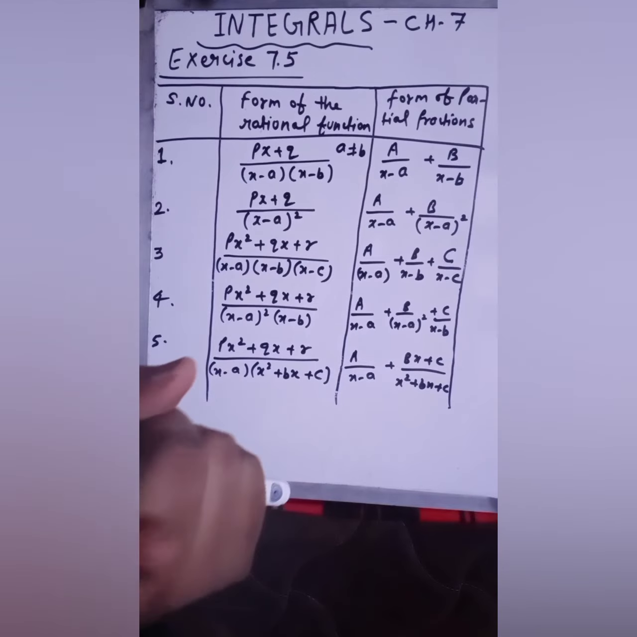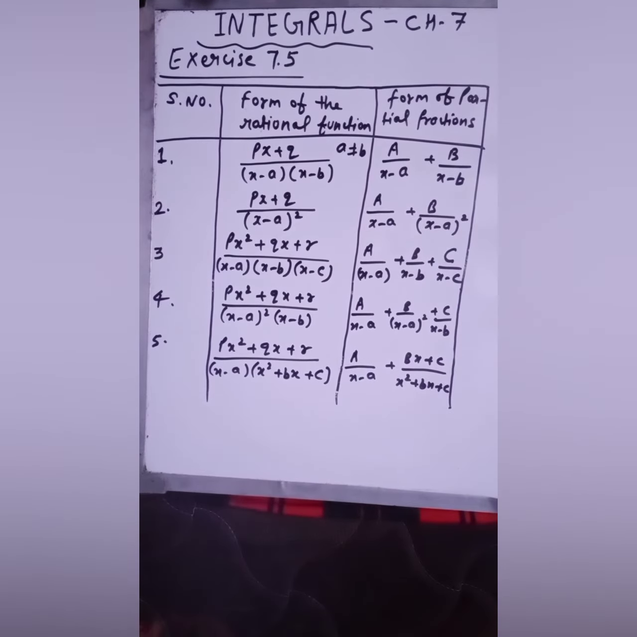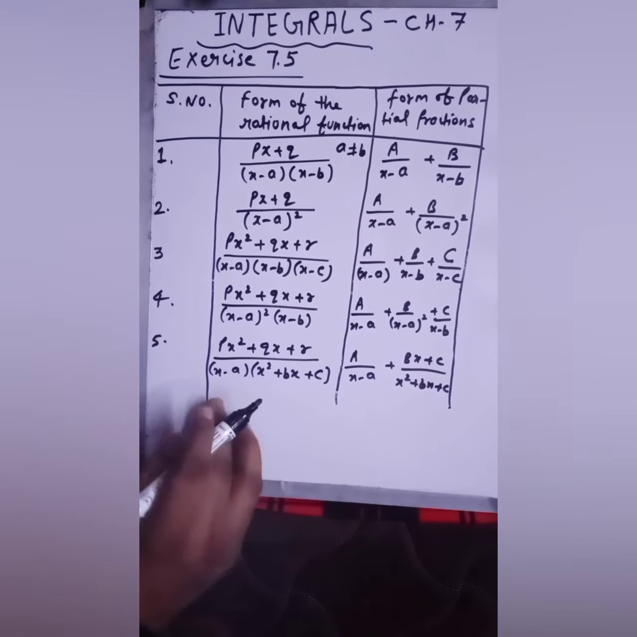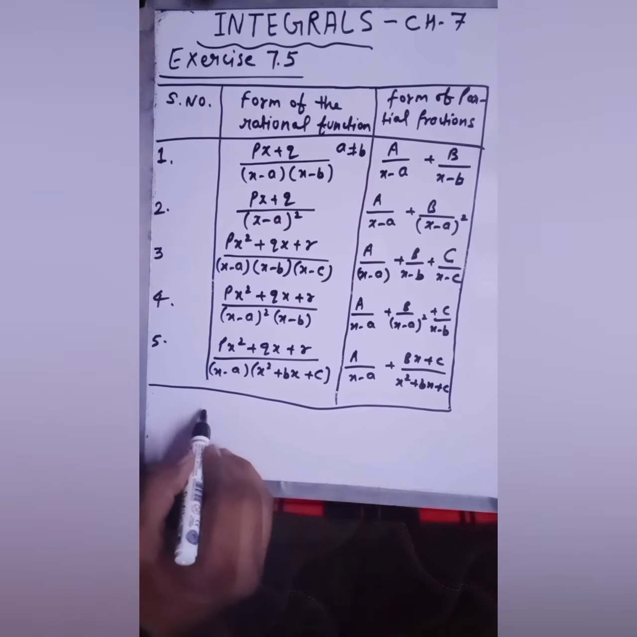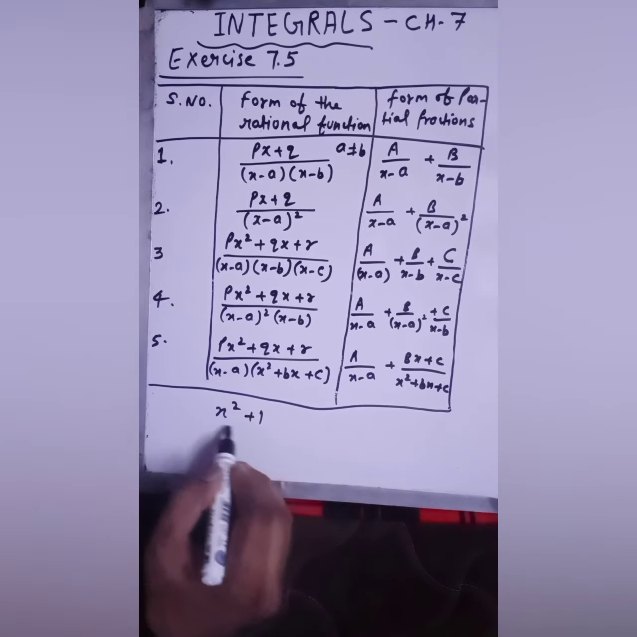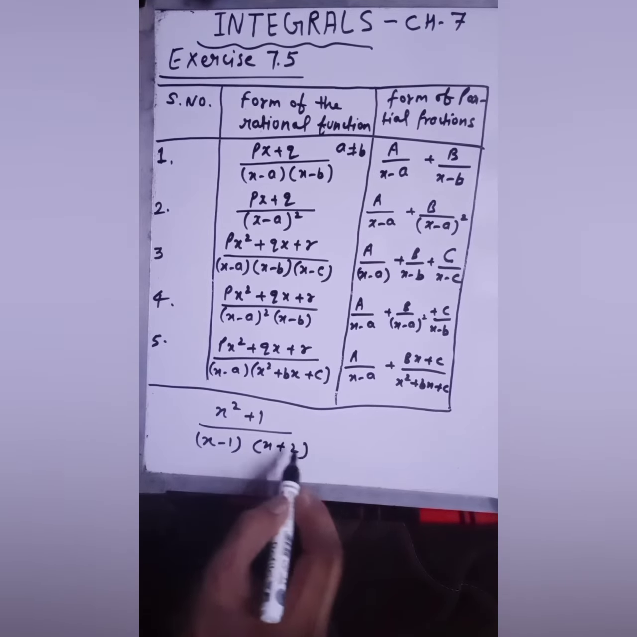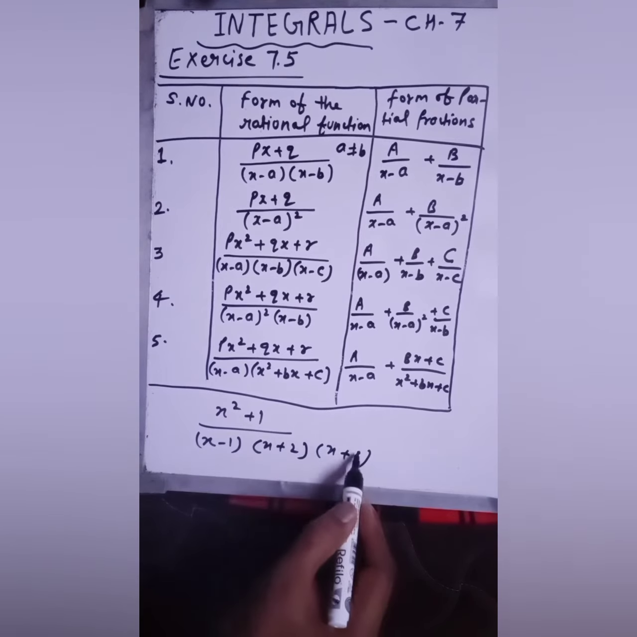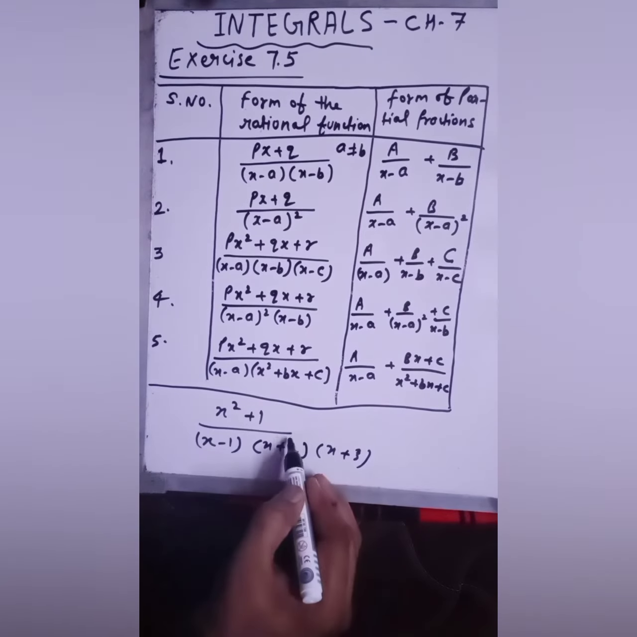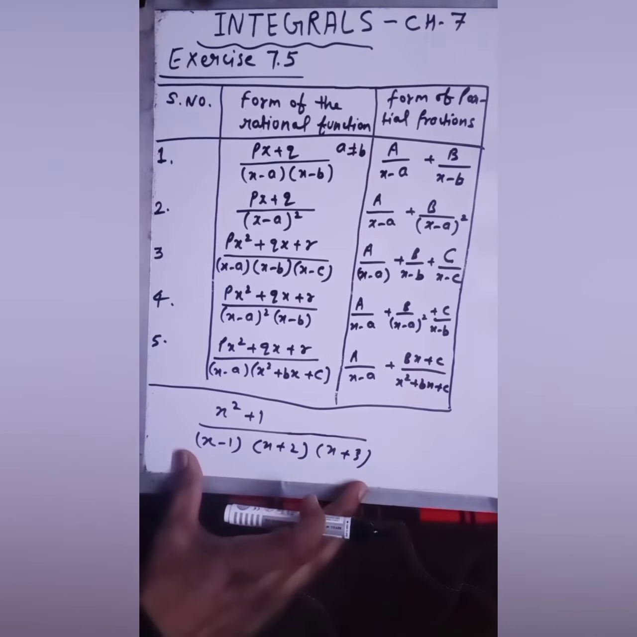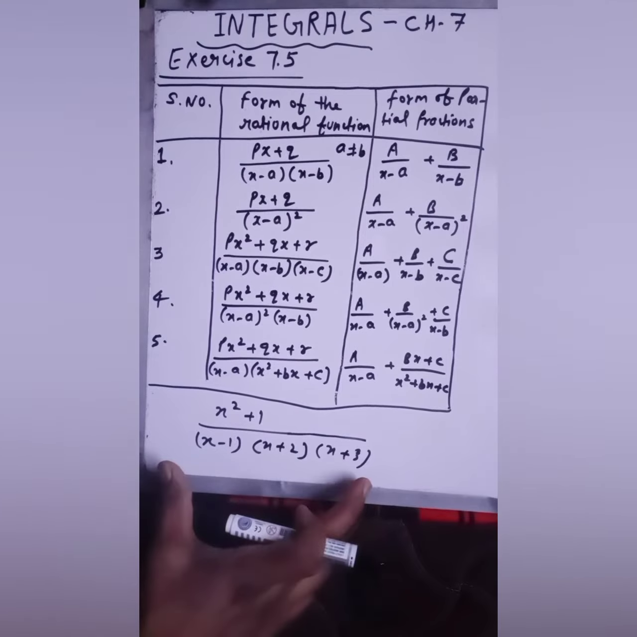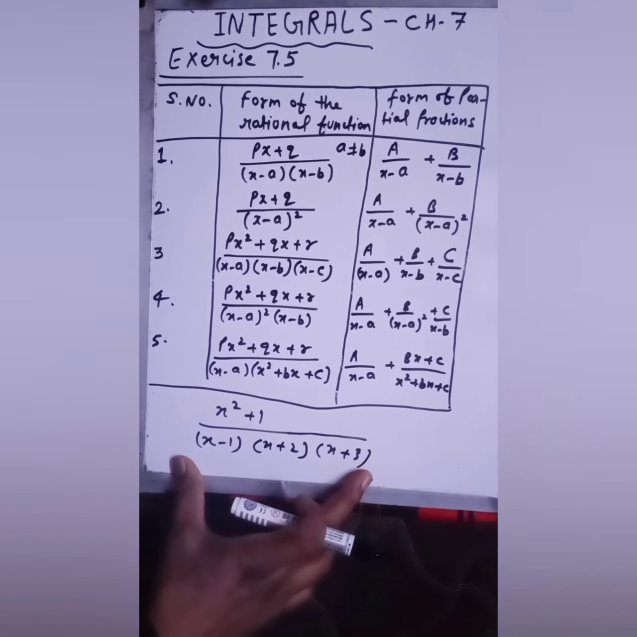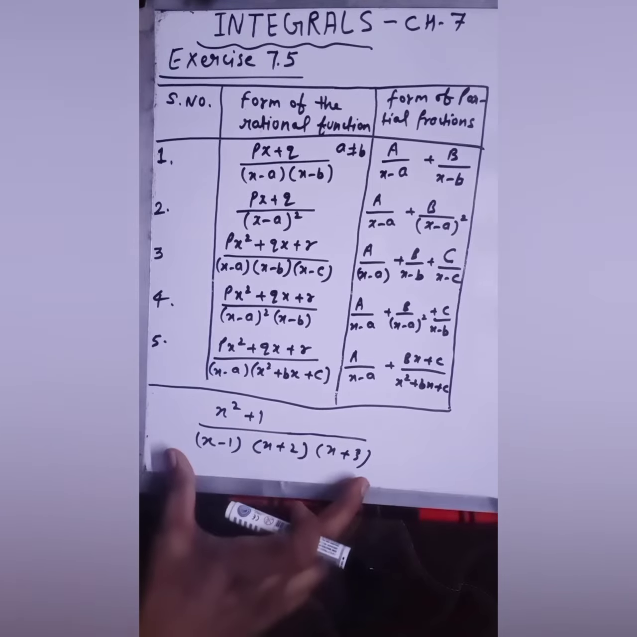First of all, you should know, suppose any fraction is given to you. See, here I am writing the fraction. Suppose x square plus 1 over x minus 1, x plus 2 and x plus 3 is given. So this fraction is given to you and you have to find the integral of this using the partial fraction method. So first of all, to apply this method, you should know